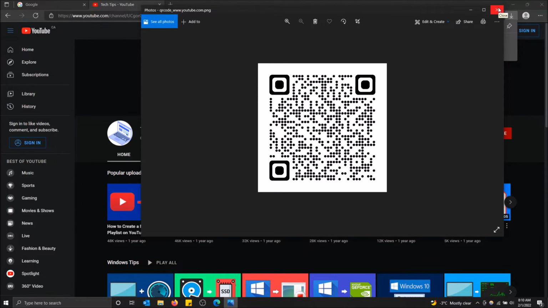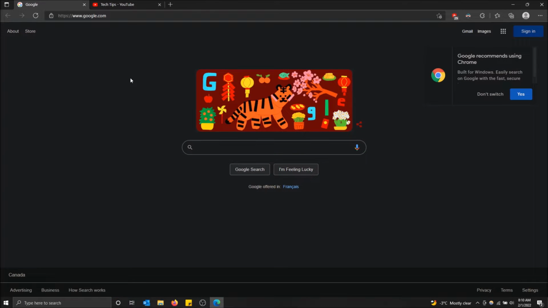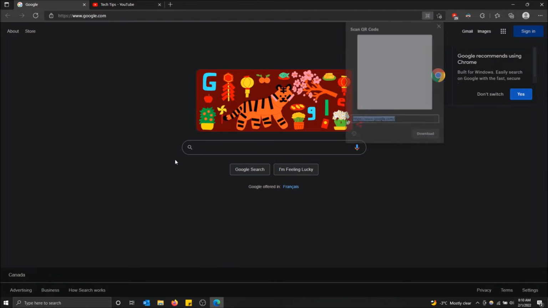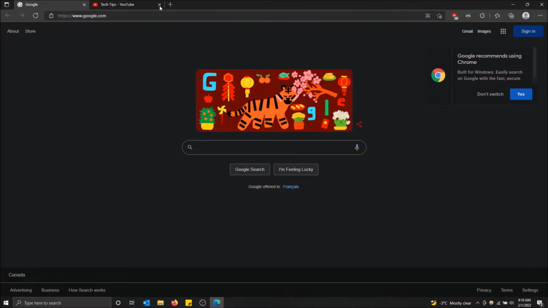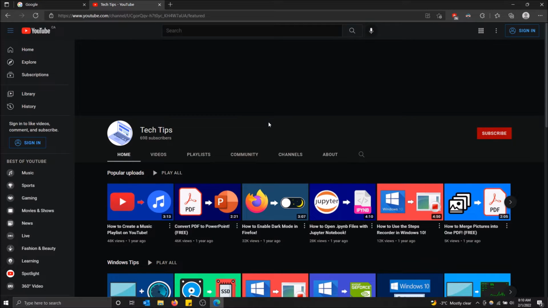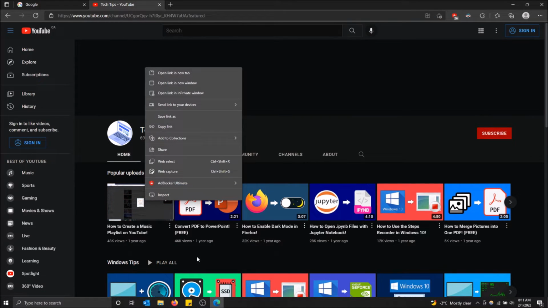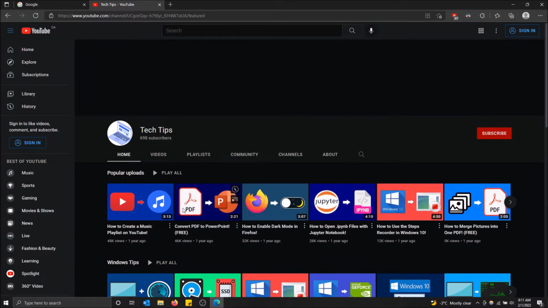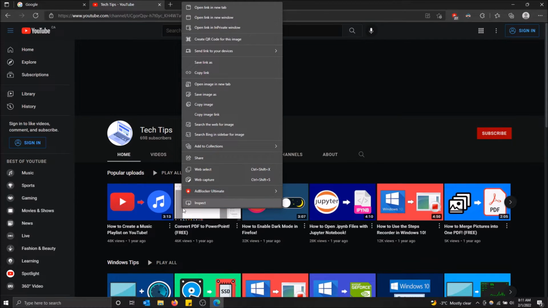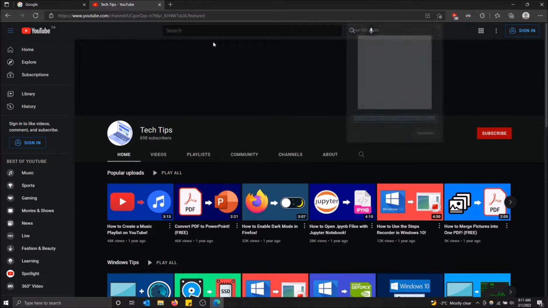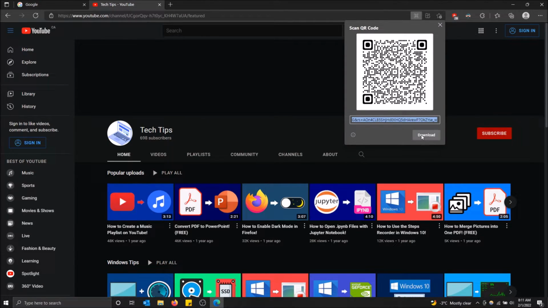You can do that for any page you want. You could do it for Google if you want. As you can see, create a QR code for this page. But what's cool is that you can do it for images as well. So like let's say I want to do it for this thumbnail right here. I could just right click. Create a QR code for this image. Here we go. So if I do create a QR code for this image and I click download,